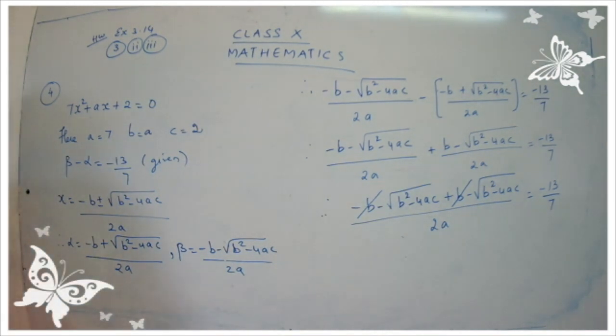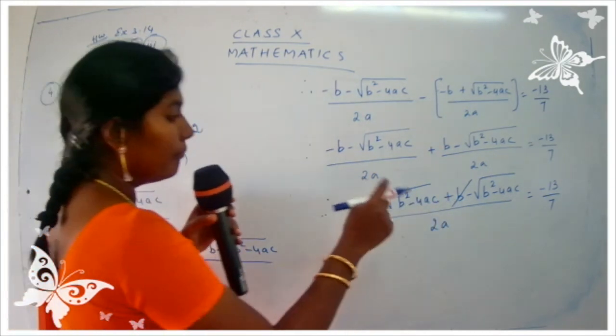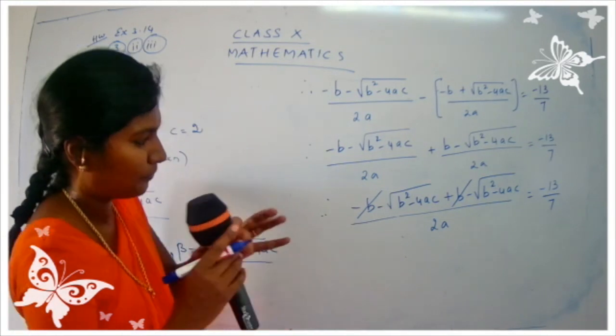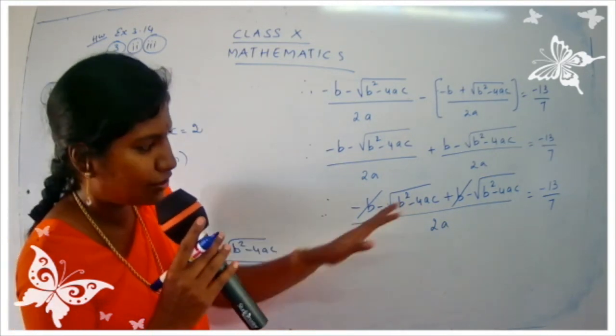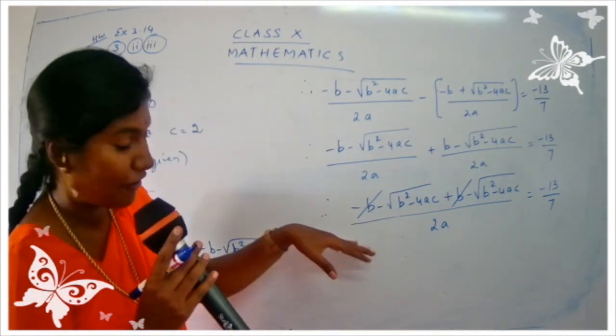Okay, you have taken it down. Now see here, minus b plus b got cancelled. Now minus square root, I hope you are able to follow. I was explaining to you and I was writing, so it was going somewhat up. It's climbing on the hill. So be careful, you have to write neatly, children.